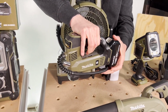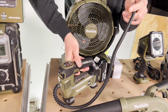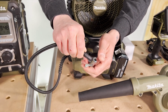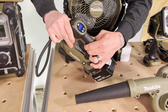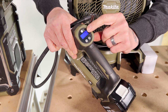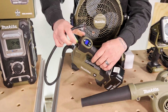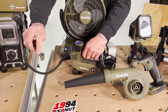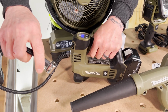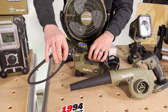Great, the inflator. So this is the M18 inflator. This will do your car tires, your riding mower tires, your quad. I've used this on my quad before. Have a quick lock to inflate the tires. You're just going to power it up. It's a backlit LED right there. You're going to set what your PSI wants to be. And you can also change it to PSI, bar, KPA there as well. For that, put this on there, and then it will read what pressure you're at, if there's any pressure in the tire. If you set it to, let's say, 12 PSI on here, then you're going to just pull the trigger,